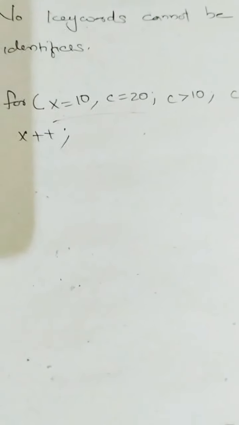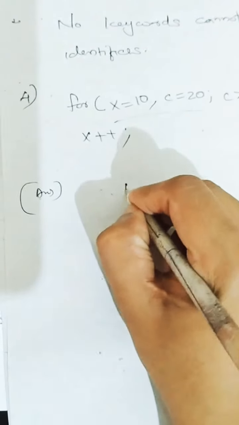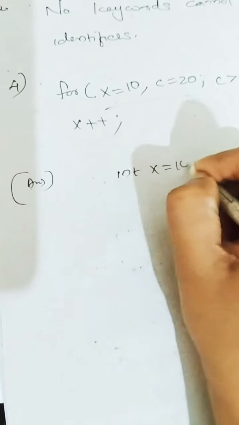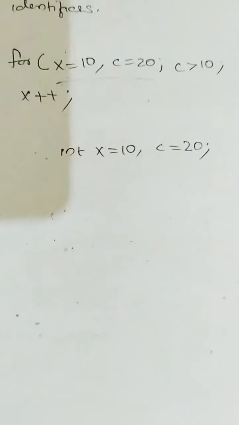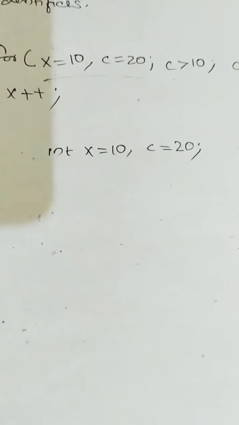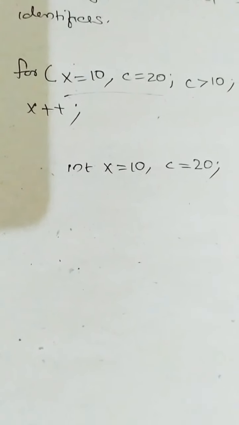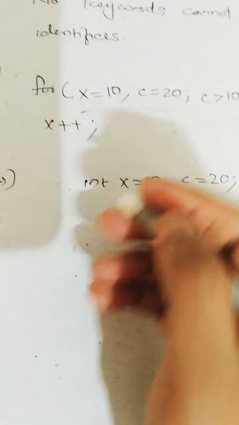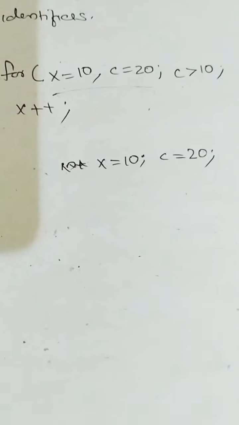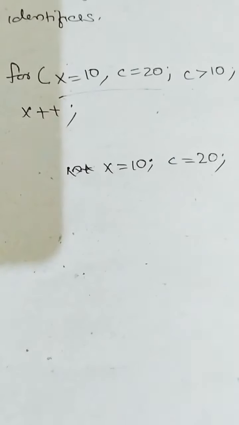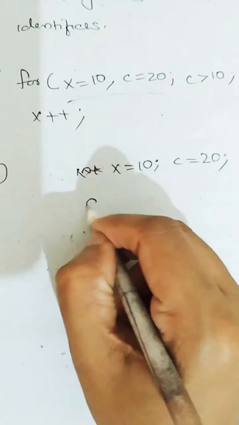So this is initialization. In a do-while loop you have to first think that initialization should be done outside, before the loop begins. So you can either mention int x is equal to 10, or if you don't want to use that, you can avoid it. You can simply write x is equal to 10 semicolon c is equal to 20. While rewriting, remember not to add any extra statements. Next, you have to start do,